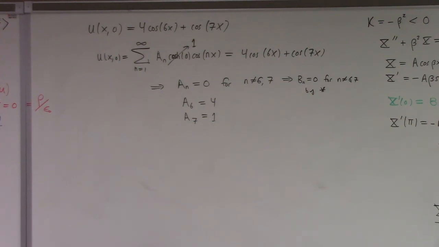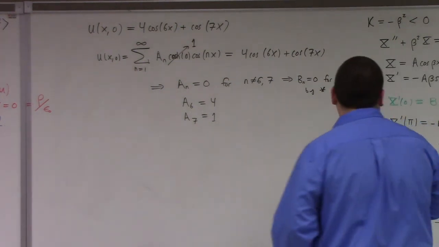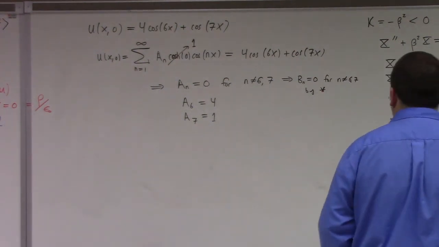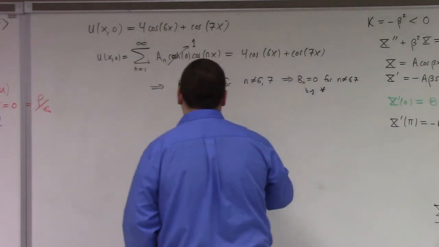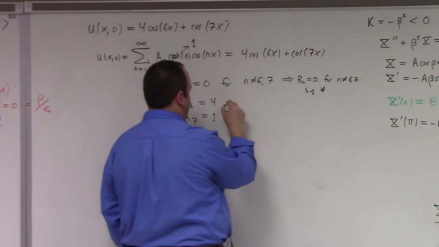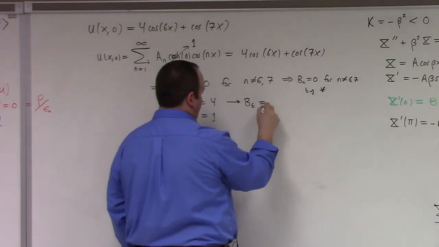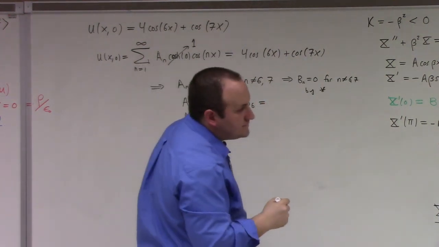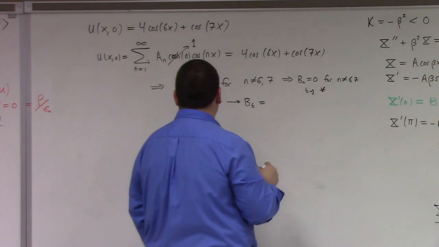B sub n equals what? B sub n equals a sub n divided by hyperbolic tangent of n. Good news, that's non-zero. So if a sub n is 0, b sub n is 0. On the other hand, if a6 is 4, that says that b6 is what? Four